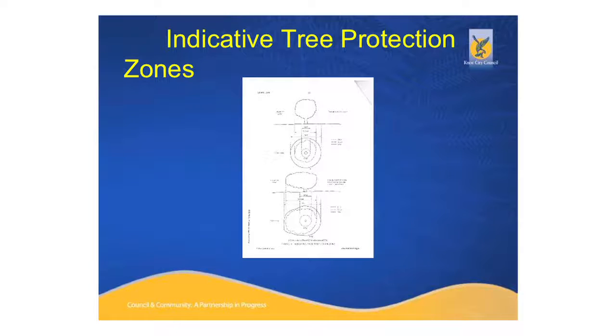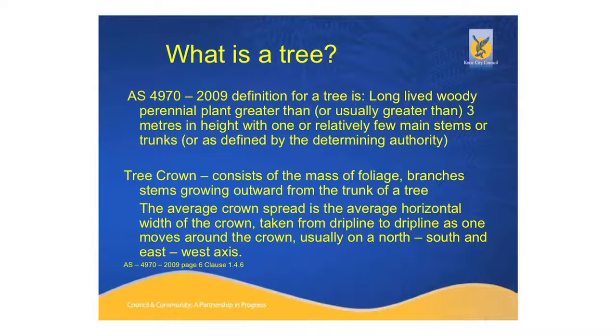I just want to go back to what is a tree, and again this is taken from the Australian Standards. So we know a tree is a long-lived woody perennial plant, usually greater than 3 metres in height, with one or relatively few main stems or trunks, or is defined by the determining authority. And in the talk that Shannon and Steve gave this morning, oftentimes in those schedules, it will define what a tree is,